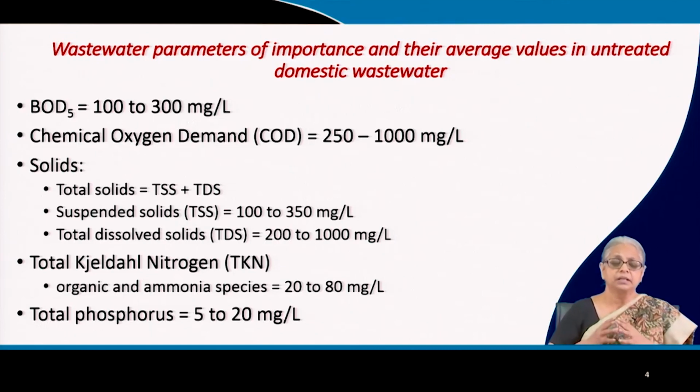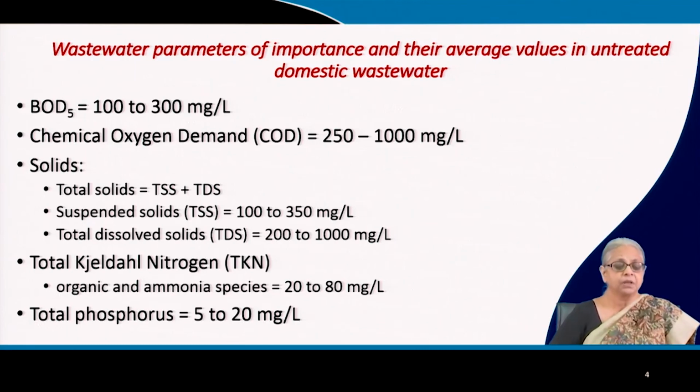Within solids, we have two categories of solids: suspended solids and dissolved solids. So total solids are equal to TSS and TDS, total suspended solids and total dissolved solids. And this separation of suspended from dissolved is based on membrane filtration. Then we have total suspended solids. The range is 100 to 350 milligrams per liter, and total dissolved solids range from 200 to 1000 milligrams